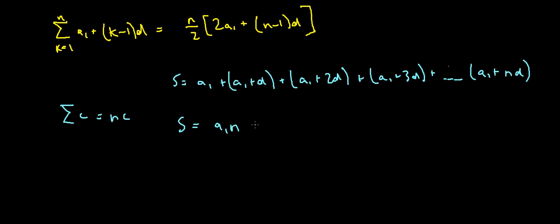And that can be written as n minus 1 times d. So I start with a1, then I have 1d, then 2d for the third, so it's n minus 1 times d. And if I go back to this,